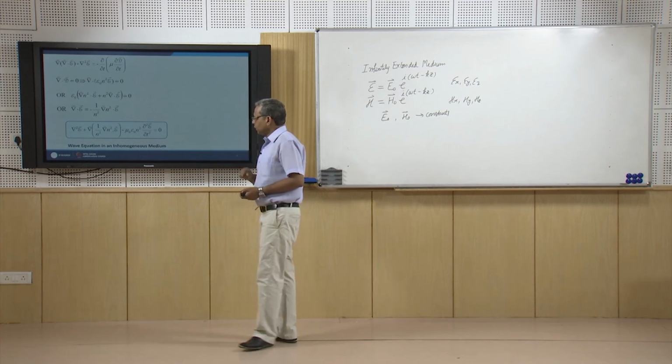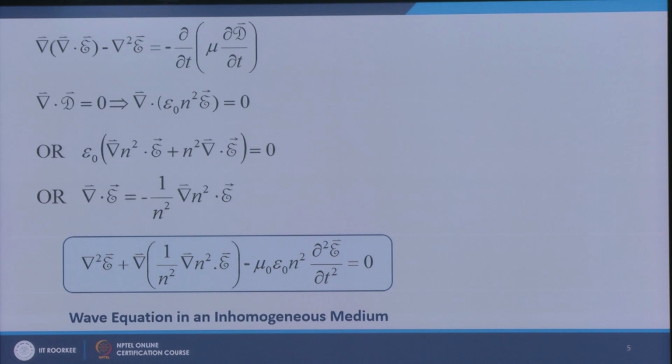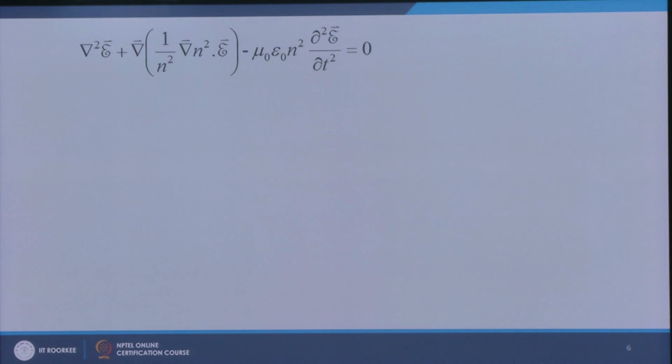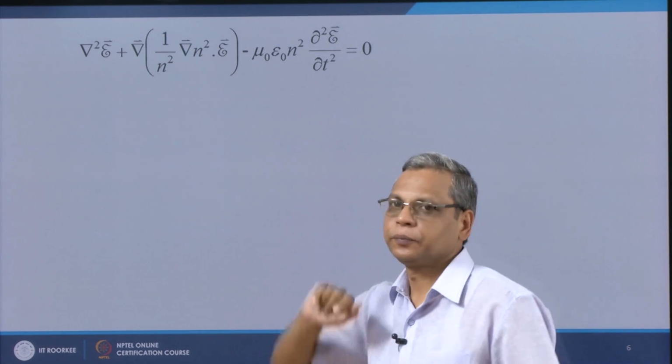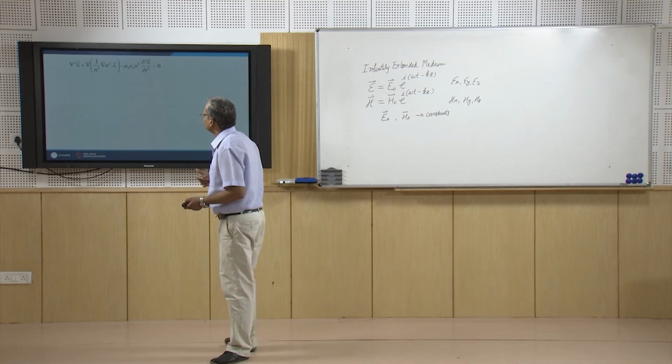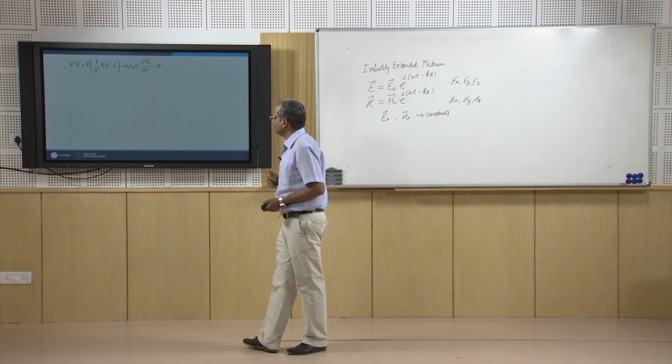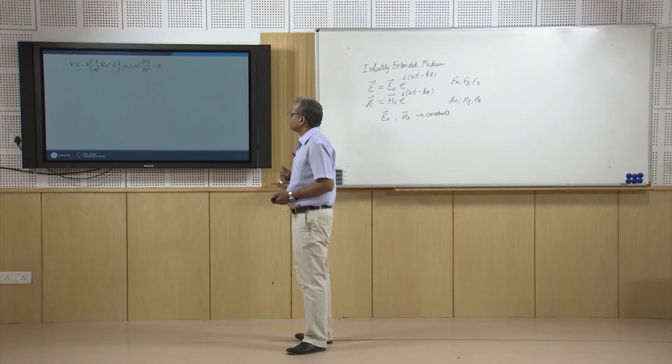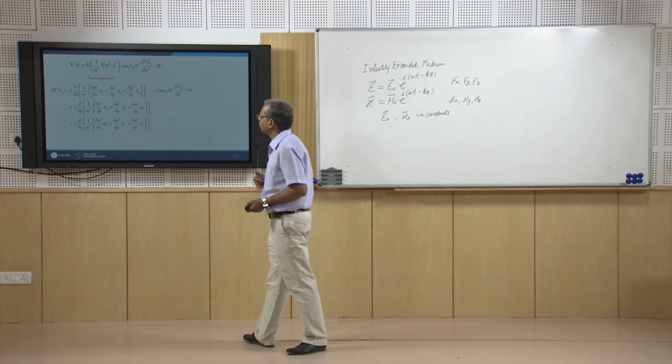So, this is a wave equation in an inhomogeneous medium. What is the implication of this term now? What complications can it introduce in our analysis? Well, if I expand this,